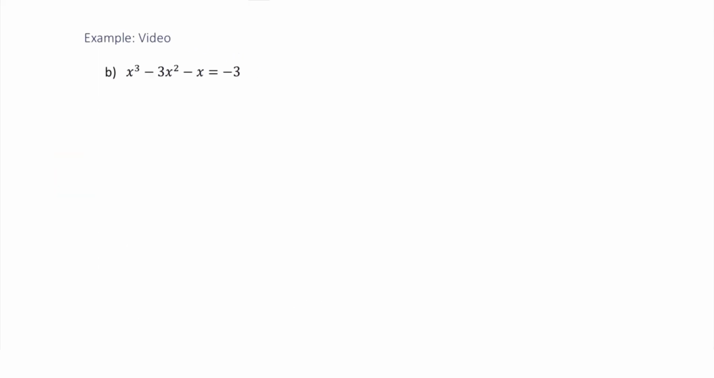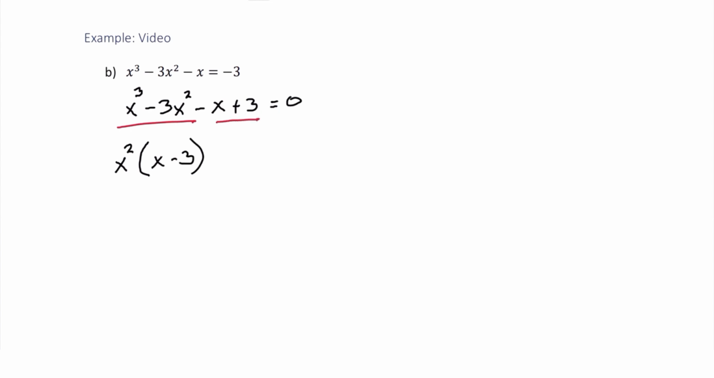In this example, we want to start by setting the right side equal to 0. So we'll add 3 to both sides. X cubed minus 3x squared minus x plus 3 equals 0. Factor by grouping. The first two terms have x squared in common. Factor out x squared, we get x minus 3. The last two terms only have 1 in common, but since the first term is negative, we'll pull out a -1, leaving us with x minus 3